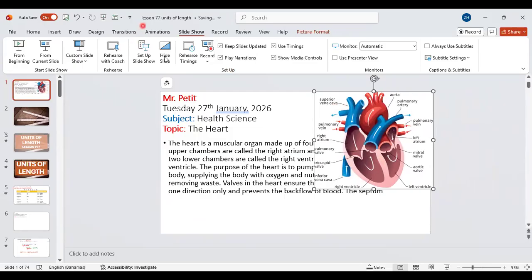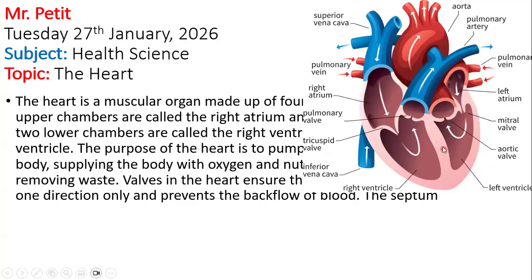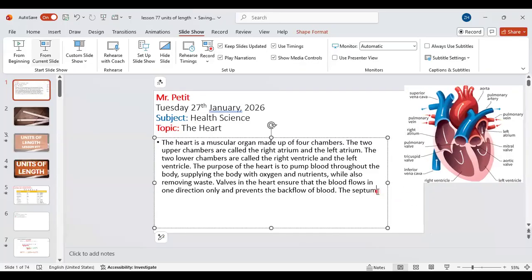So the septum is basically there to separate the right side and the left side. That's what the job of the septum is. So, the septum separates the left and right sides of the heart,